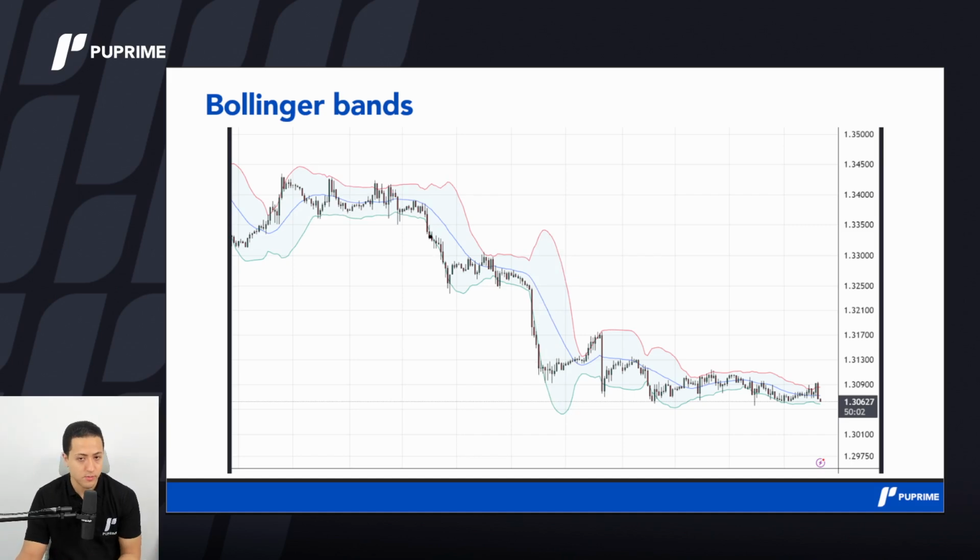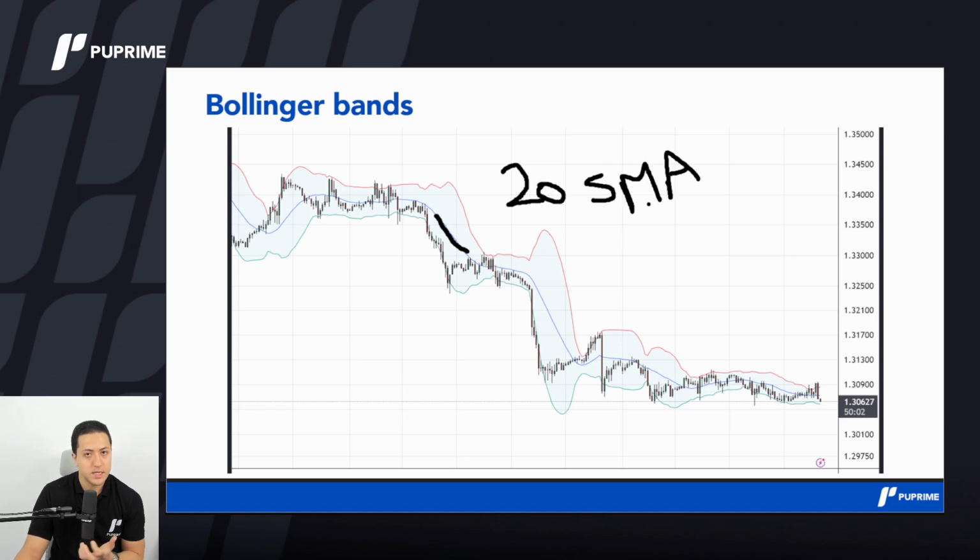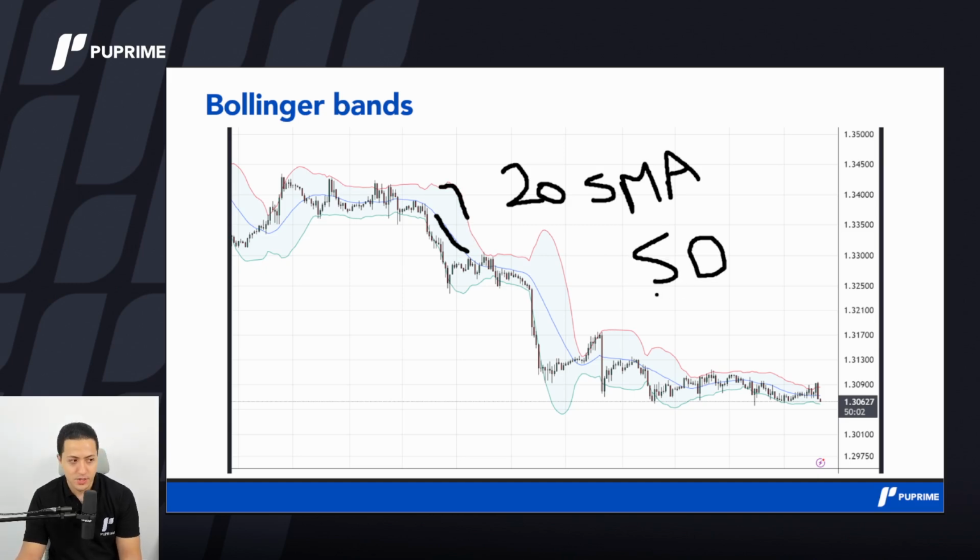How do we calculate the Bollinger Bands? You will see three lines: the upper band, the lower band, and the middle band, or the middle line. This middle line is a 20 SMA, a 20 simple moving average, for the 20 candles or 20 periods. I think most of us know the moving average, right? So that's a moving average. For the upper band, we add something called the standard deviation. And if you don't know anything about standard deviation, you'll have to excuse me, because it will take a lot of time to explain it.